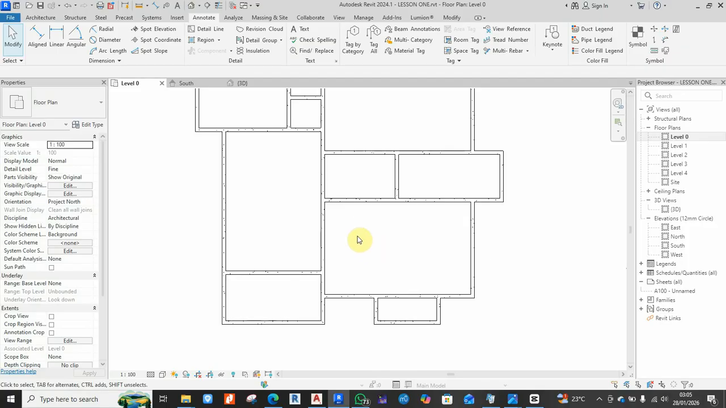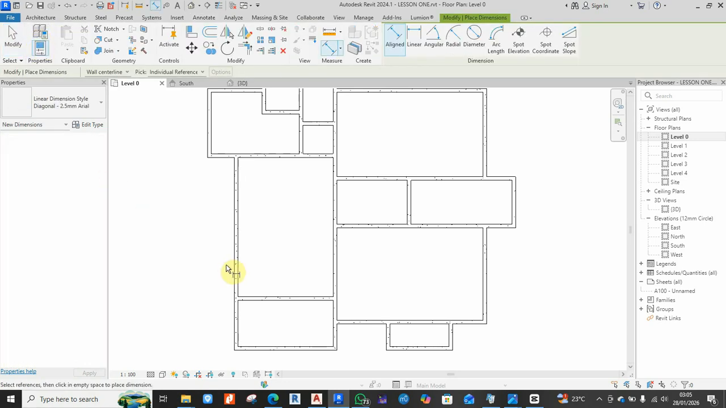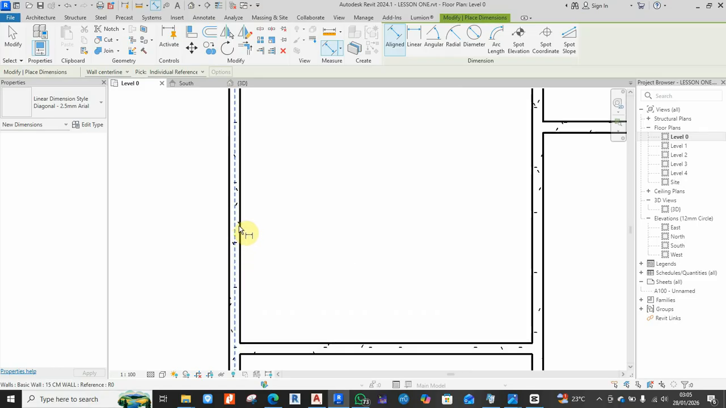So let us stick with the linear dimensions. I'll go to my Annotate tab and I will click on Aligned. So when I bring my mouse here and I try to put a dimension, actually what I want to do is put a dimension for an internal dimension. I'm trying to put it, but I'm not catching the inner surface of the wall. So what I'm supposed to do is go over here. You will see